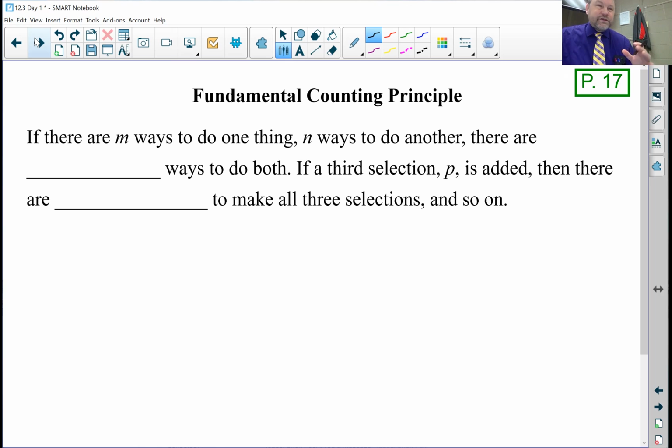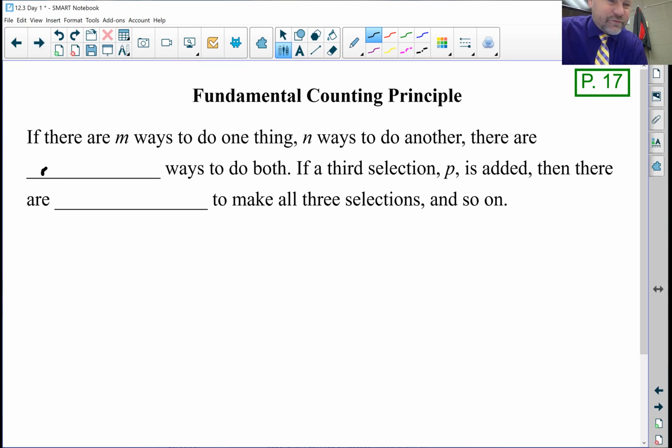So if you just count how many ways you can do a single flavor and a choice of either a cone, a waffle cone, or a dish, there would be M